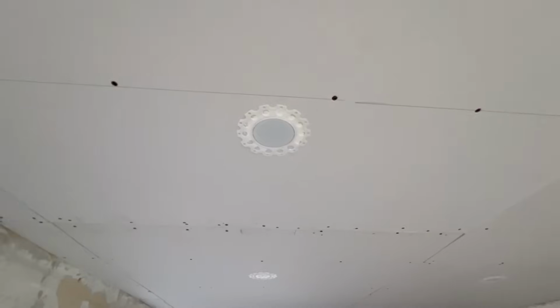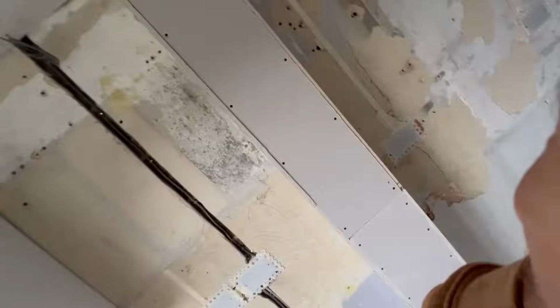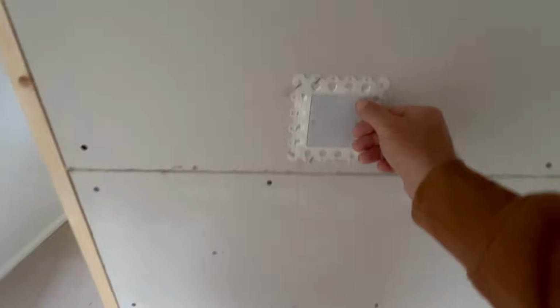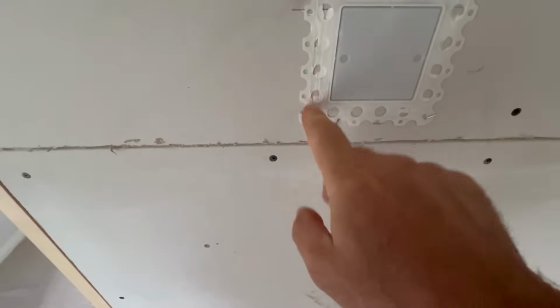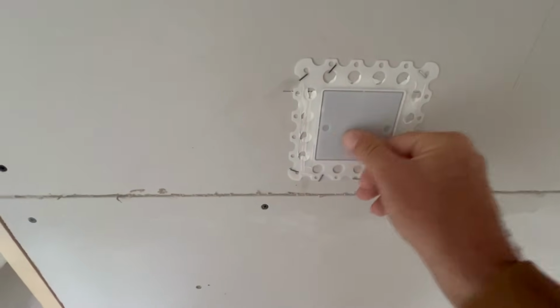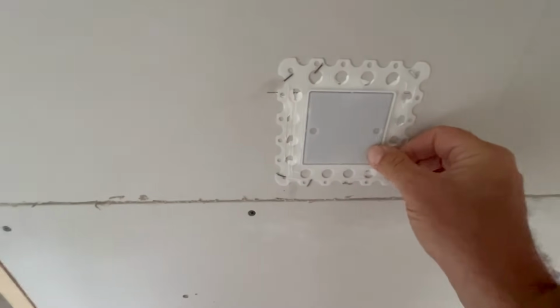Plasterboard ceiling. We've got these little light things, which are quite good. I think they're alright, especially for the downlighters, because over time, if you keep changing the lights, especially if you've got the spring ones in there, you quite easily damage the hole and plasterboard. So having these little plastic things up there reinforces it. They've also got them for these as well. So they've stapled them and they've kind of mastic or siliconed them on. Of course, to plaster onto them, and obviously it is a little bit difficult. You can kind of lose these quite easily, but yeah, once they're plastered, then this just pops out